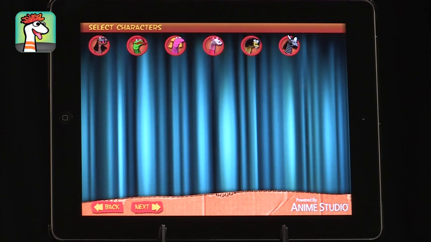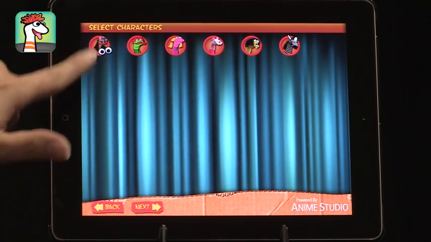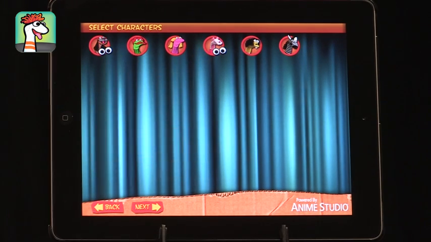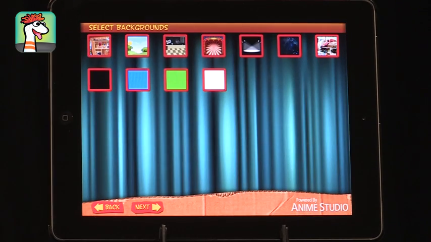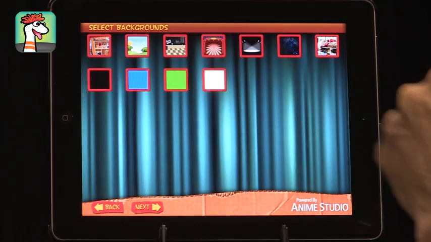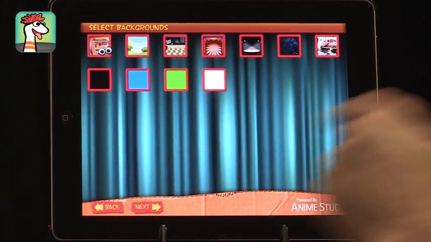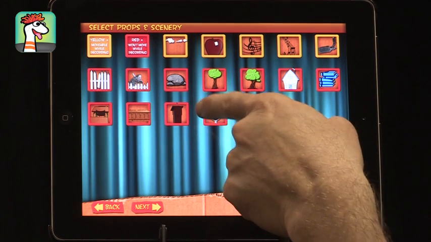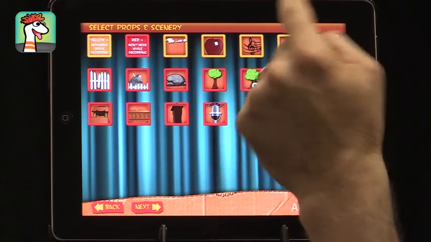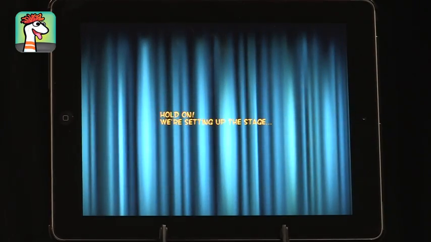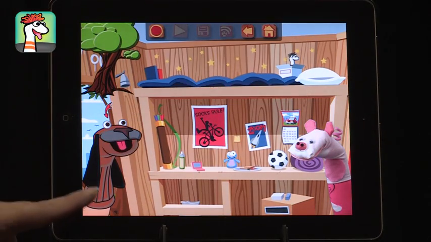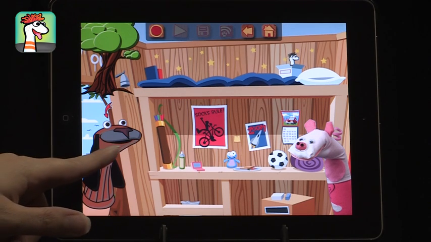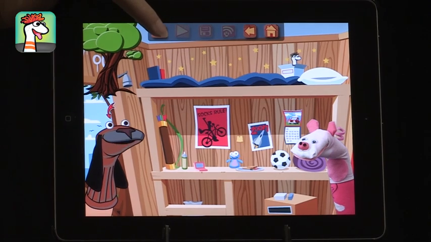And what do you do in this screen? With this screen, you can select your characters. So you can decide who you want to be in your play. And then you can select where you want them to be. So let's pretend the book took place in a clubhouse. If you need some additional scenery, perhaps, maybe a fence or a rock or a microphone. A tree. Sure. And now we have the 2 sock puppets that we selected, and you can see her mouth is moving along with me. If I just press the record button.